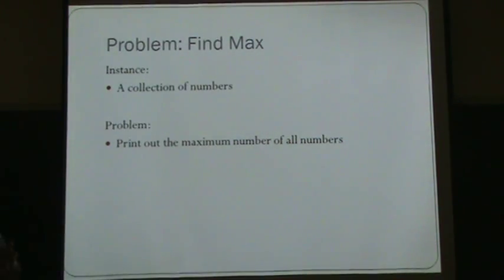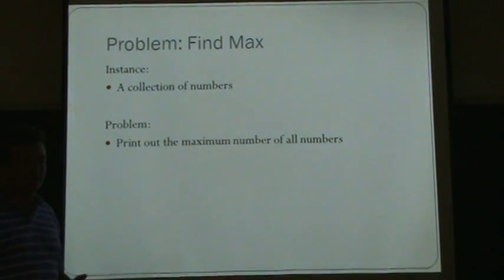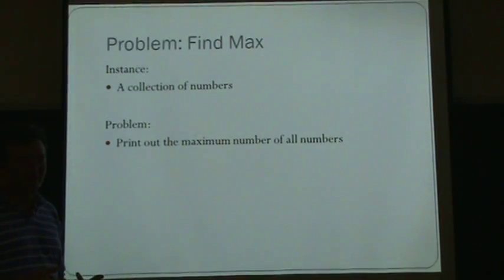The only way you'll ever be able to declare this is the largest number is if you at least look at everything. Otherwise it becomes a probability problem, because you're guessing. What is my criteria for saying skip it? If you've never looked at it, how can you skip it? Right.